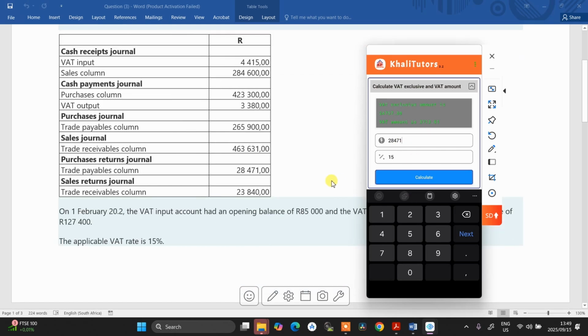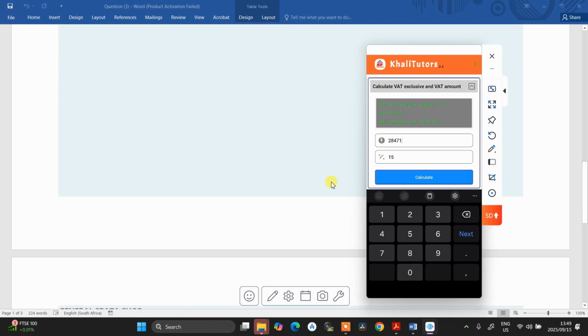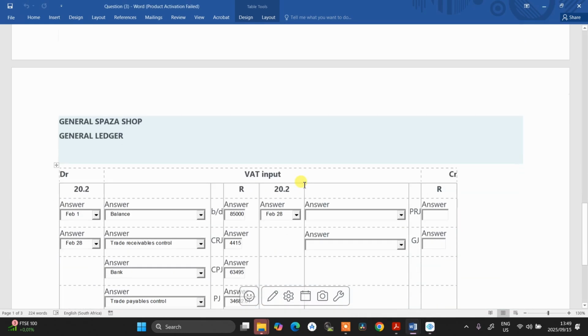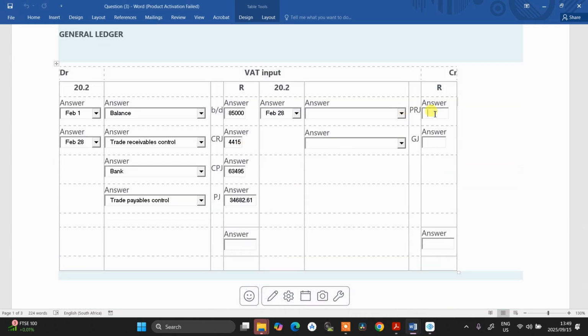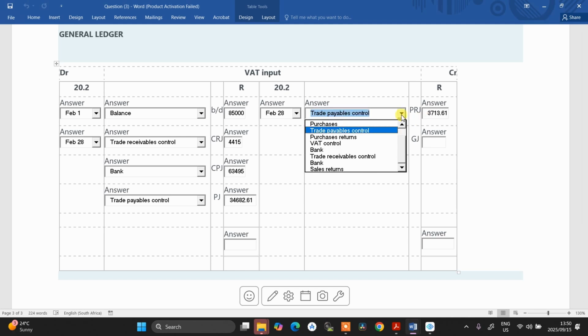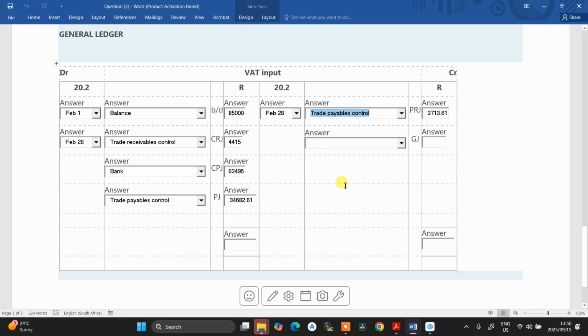And let us do just that. Okay, so here we are going to record this as 3713.61, and the account that is going to be debited for this transaction is going to be the trade payables